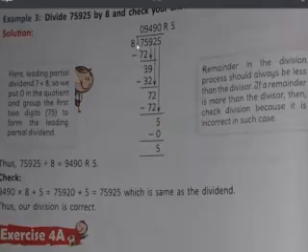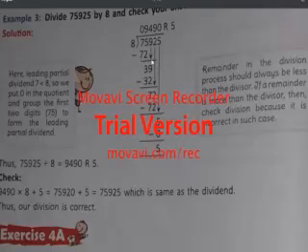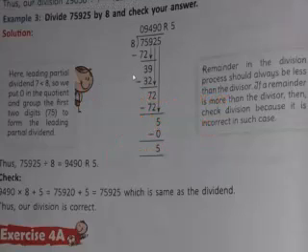Again we will read the 8 table: 8 1s are 8, 8 2s are 16, 8 3s are 24, 8 4s are 32. So 4 is smaller. If I take 8 5s are 40, it will become bigger than 39. So we will apply 8 4s, and 8 4s are 32 we will write. Now when 32 is subtracted from 39, 7 comes and 2 comes down. Again 8 9s are 72, you can see.